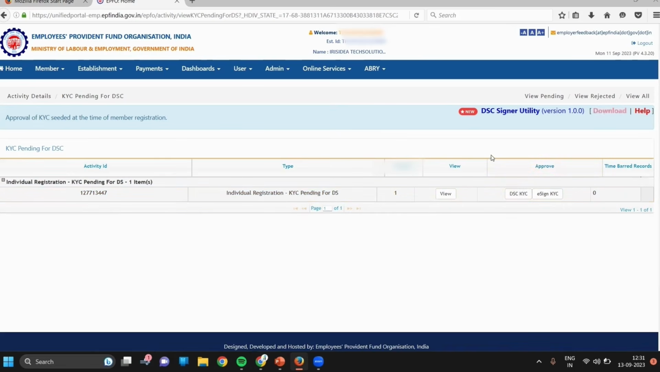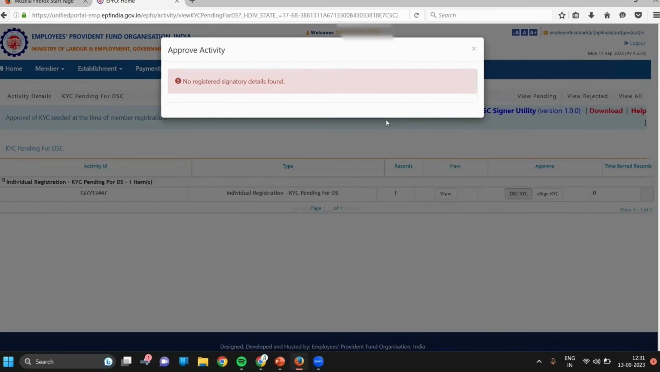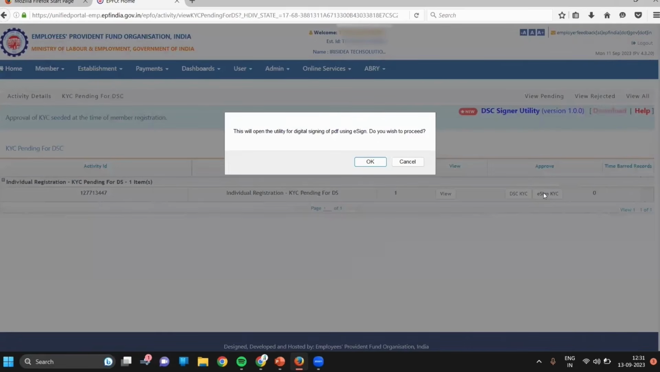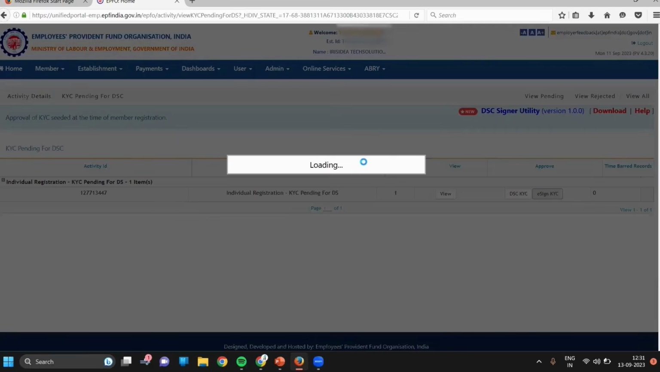For the approval, you have to use DSC or e-sign uploaded into the PF portal. After that you will click DSC. If you have a DSC sign, you can click DSC KYC. Or if you have an e-sign, you click e-sign KYC. So if you want e-sign KYC, you can click on e-sign for KYC. After the checkbox, okay,